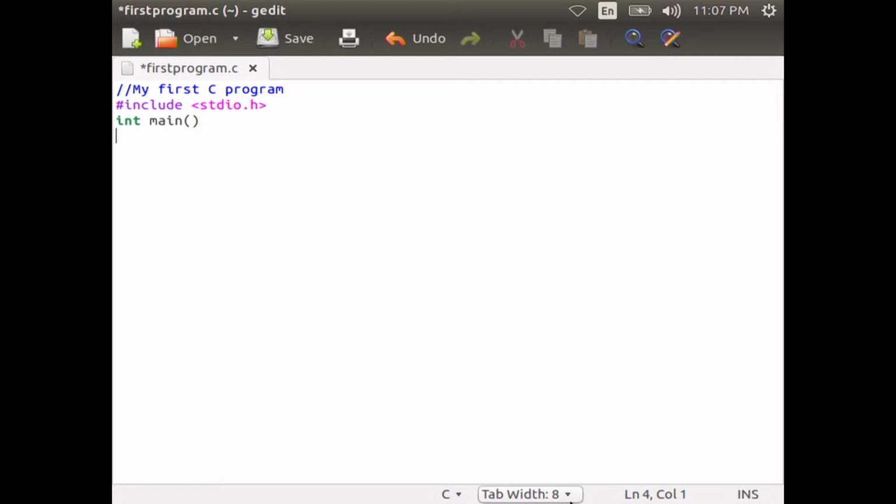Otherwise, the compiler cannot locate the beginning of the program. The opening bracket and the closing bracket is called parenthesis. Parenthesis followed by main indicates that main is a function. Here int main function takes no arguments. It returns a value of type integer.